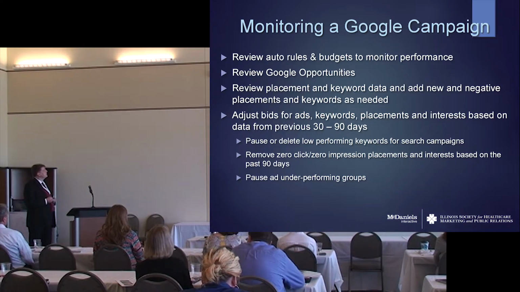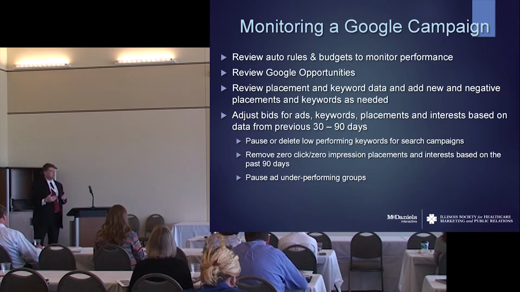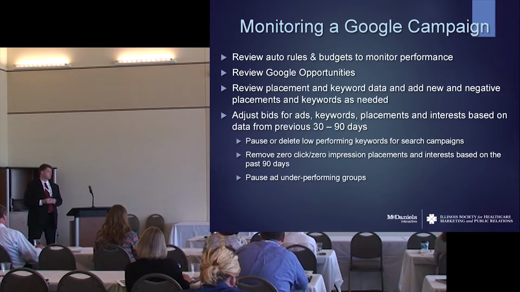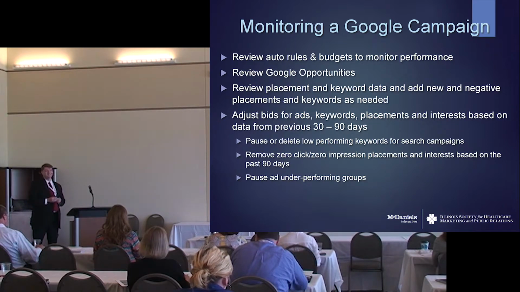Another thing is you'll go through and look at your keyword data. In a Google campaign, when you have an ad running, you have a set of keywords that go with it. These are basically the search terms that are going to trigger those ads. And so the temptation is, I'm going to bid on back pain, so I'm going to throw every keyword possible related to back pain behind this ad. People are going to bid on that.